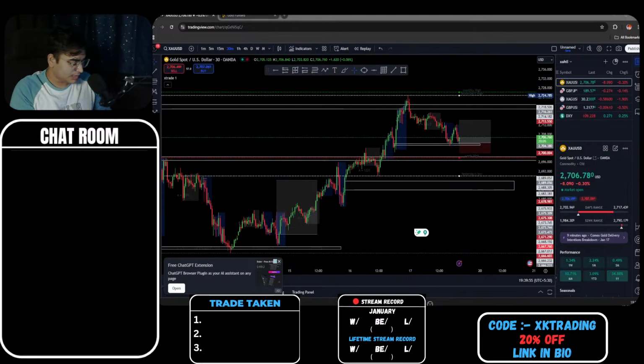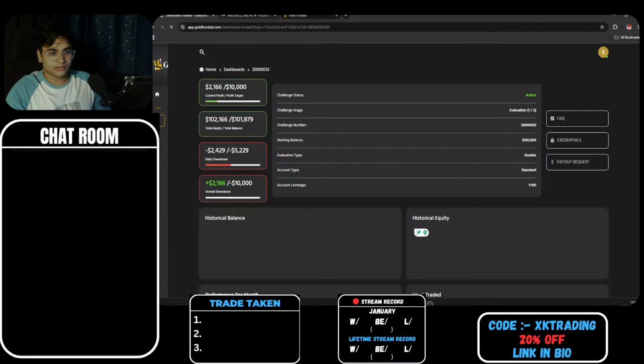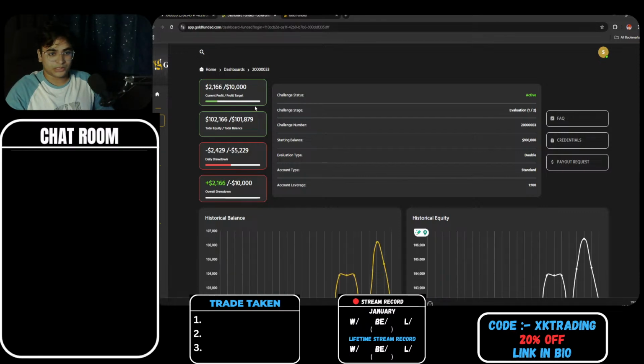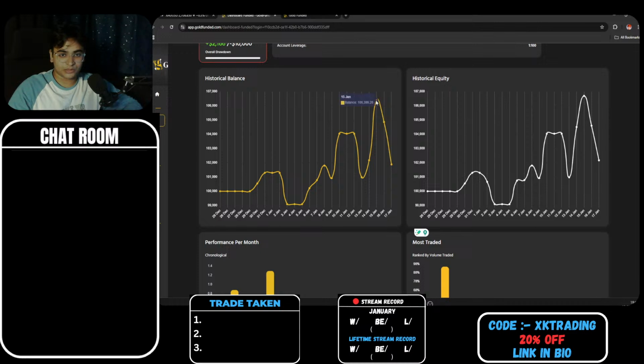And let me show you what we are looking for. I'll show you my dashboard as well today, because it's important to show the mistakes and the things we do. All right, so this is the dashboard for today. You can see we were up around 6.3 or 4%, and then we lost it all. Our graph is looking like an uptrend, and it's pretty funny.